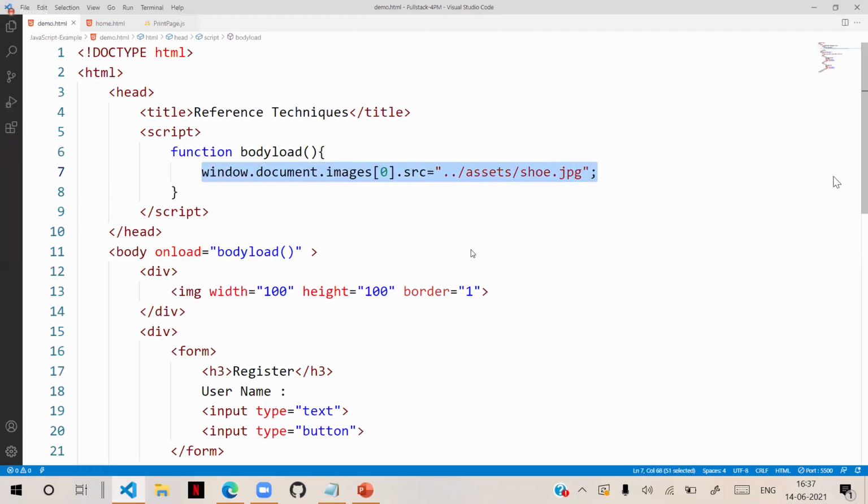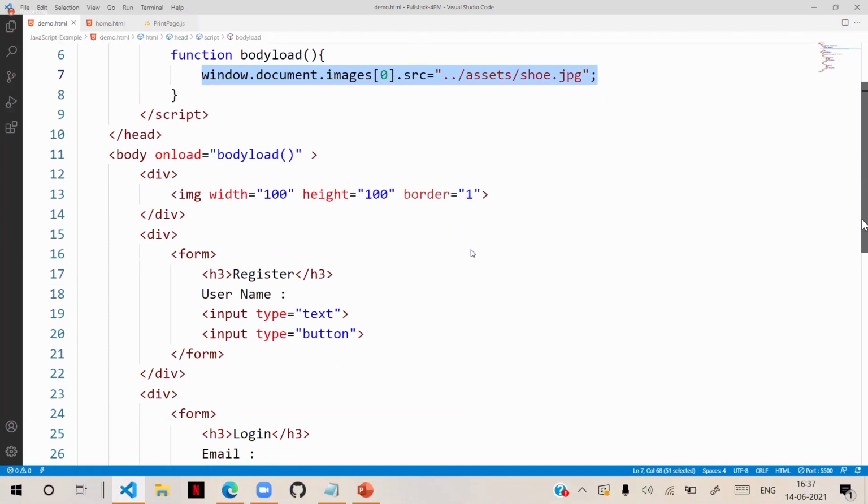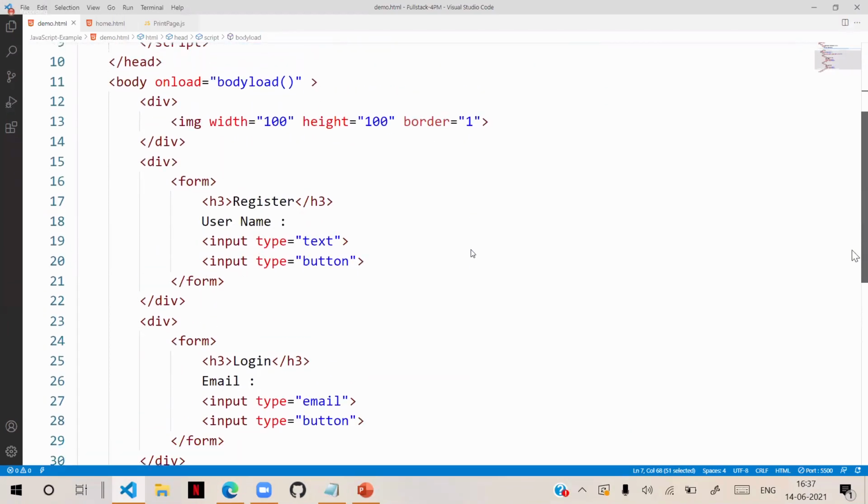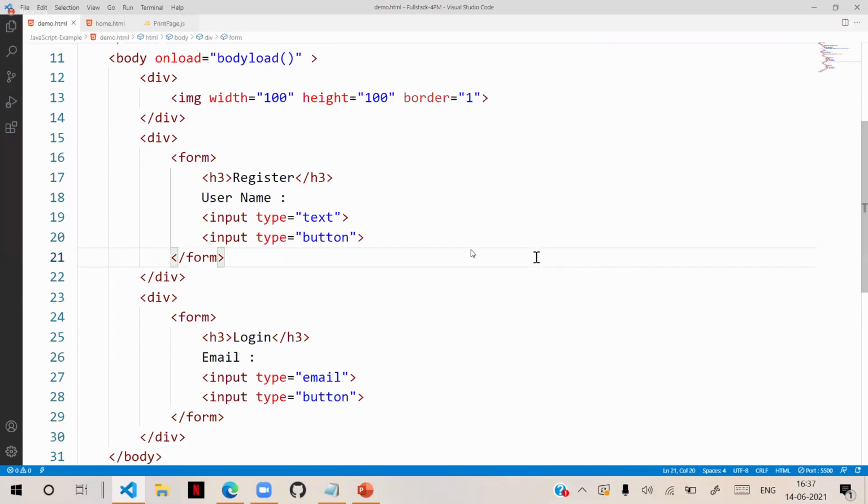DOM hierarchy. Now observe carefully. Suppose now I want to put some value into this login button, not register button. I want to put some value in login button.